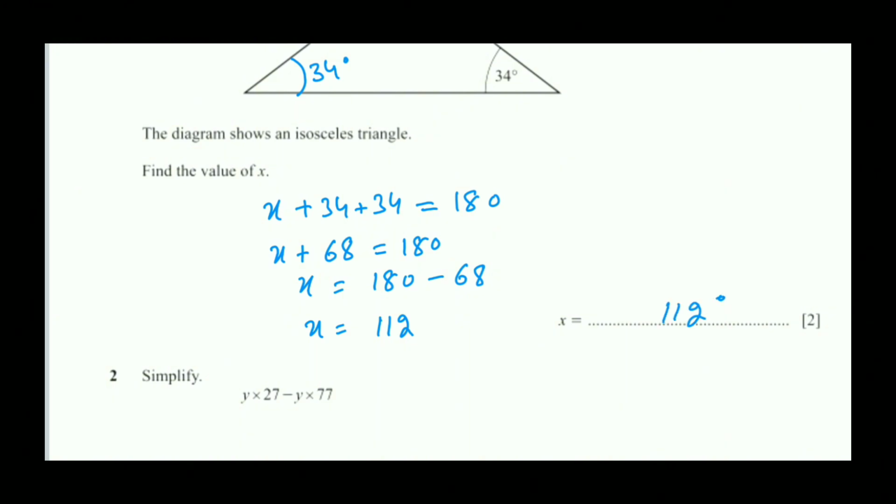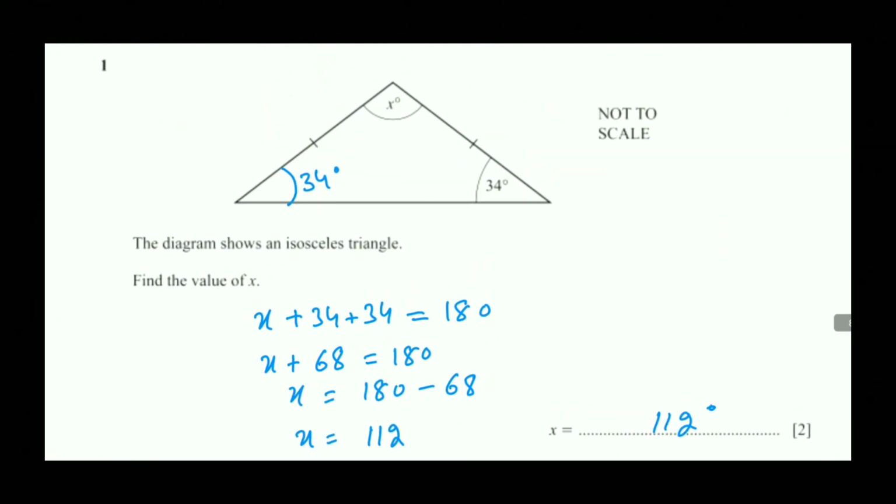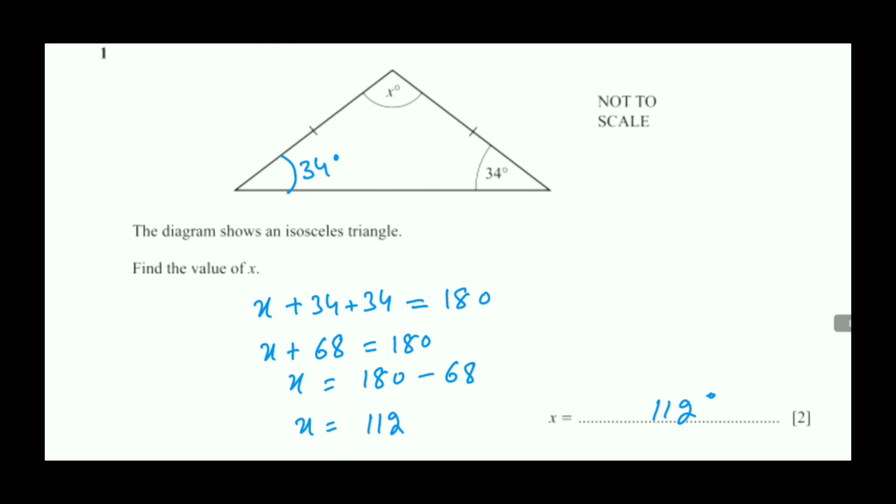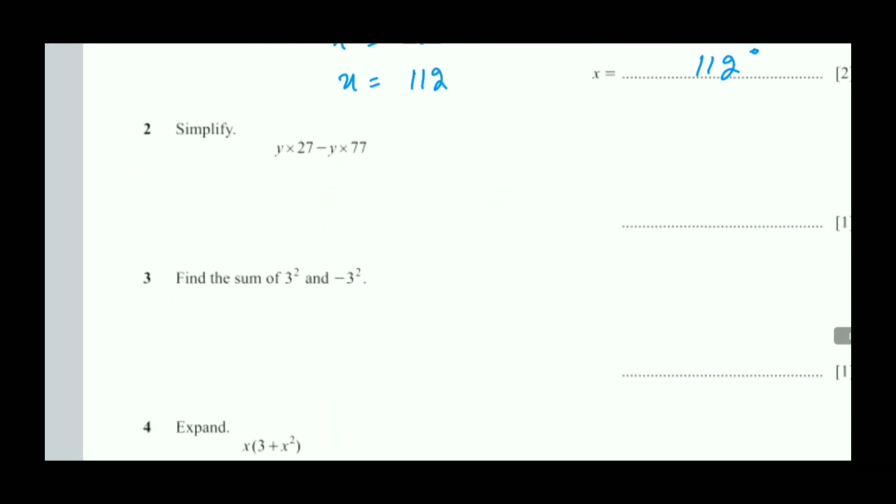This will be the final answer because they are asking to find the value of x. So you can check that this is x. So no need to do further steps. You will get your answer by using one property because you are going to find the x. In the previous question, we had to solve it further because the x was there. So this is the difference between this question and that question.